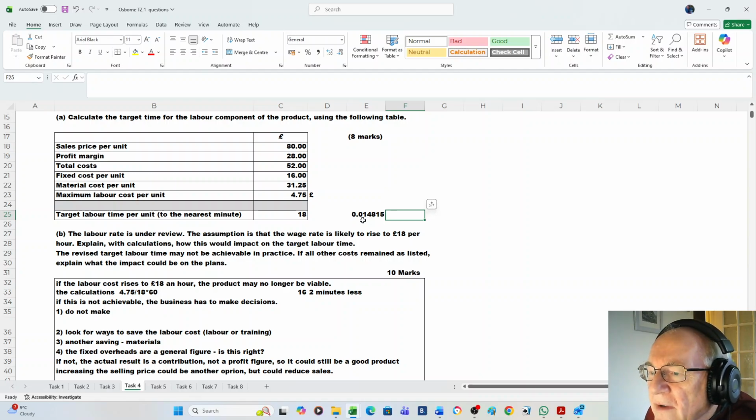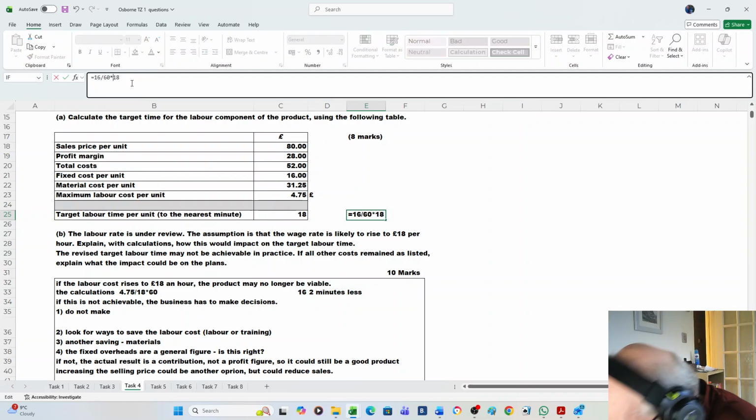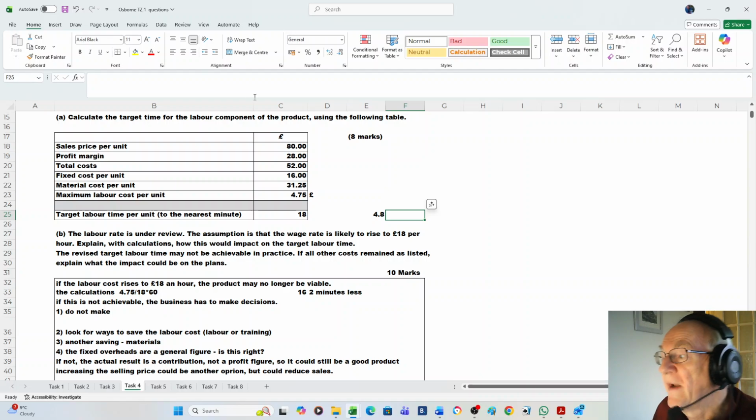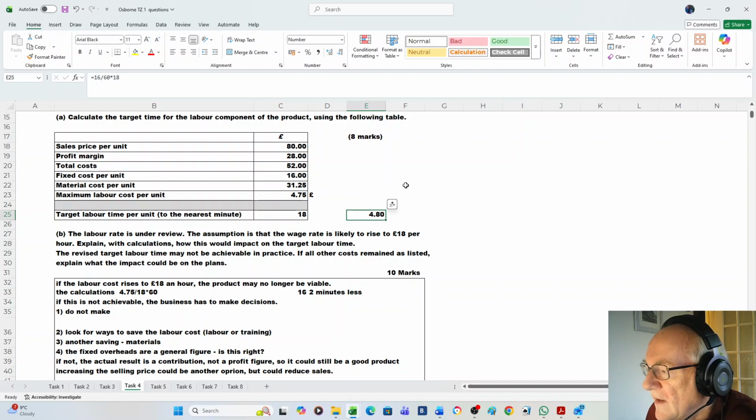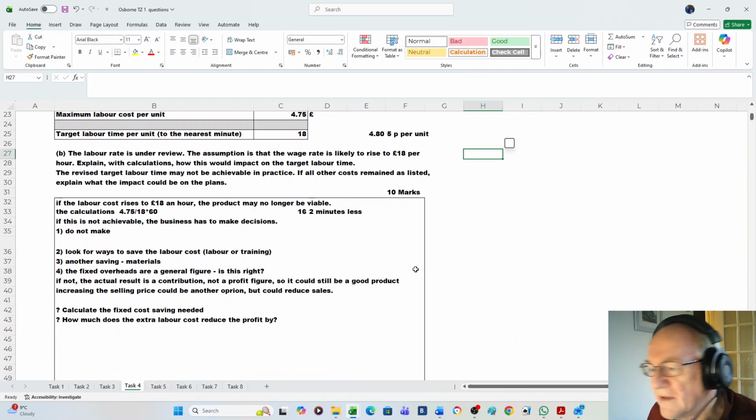Have we got that right? No, we haven't got the labour cost per unit. Hang on, what have we done? 16 over. Okay, there's £4.80. So that's actually 5p per unit. They are, so not essential, but